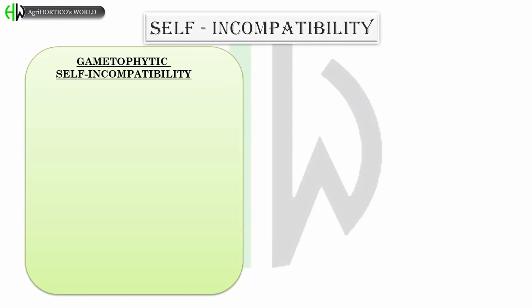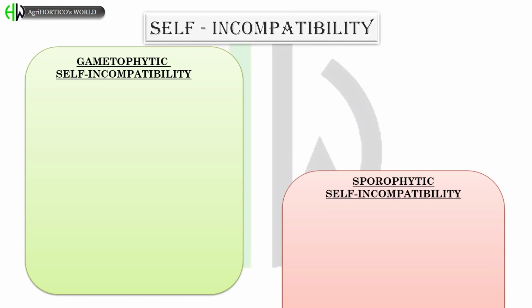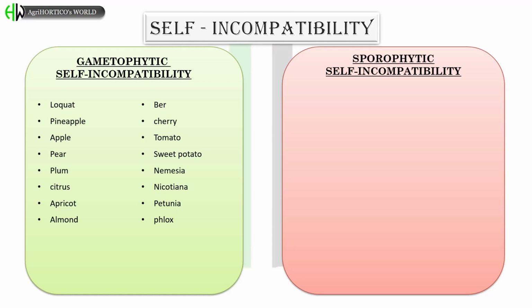Self-incompatibility is of two types: gametophytic self-incompatibility and sporophytic self-incompatibility. Examples for gametophytic self-incompatibility are loquat, pineapple, apple, pear, plum, citrus, apricot, almond, cherry, tomato, sweet potato, nemesia,